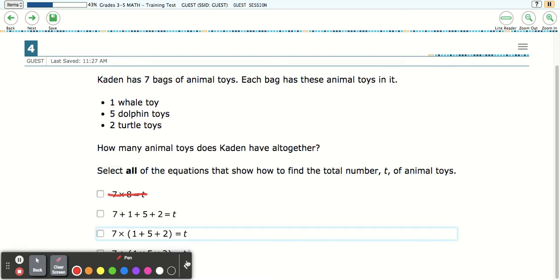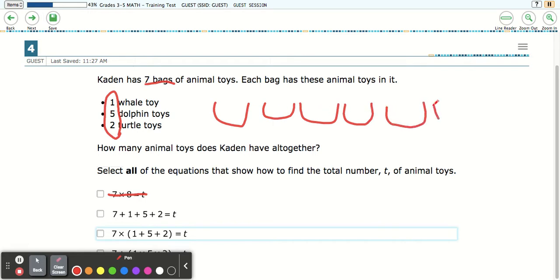I'm going to rethink that. I went back up and I saw Caden has 7 bags of animal toys. Each bag has these in it. So even I went too fast. I have to imagine what's happening. Here's my 7 bags. I like to draw a picture. 1, 2, 3, 4, 5, 6, 7. Each bag has these toys in it. So each bag has 8 toys in it. So now I'm thinking to myself, wait a minute, I think this might be a multiplication sentence. Because if each bag has 8 toys in it and there are 7 bags,